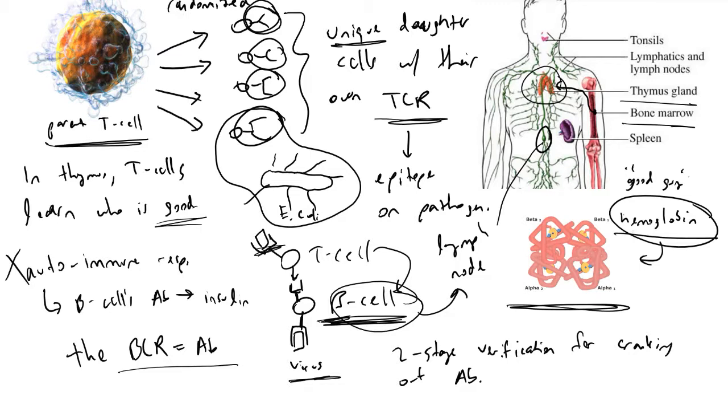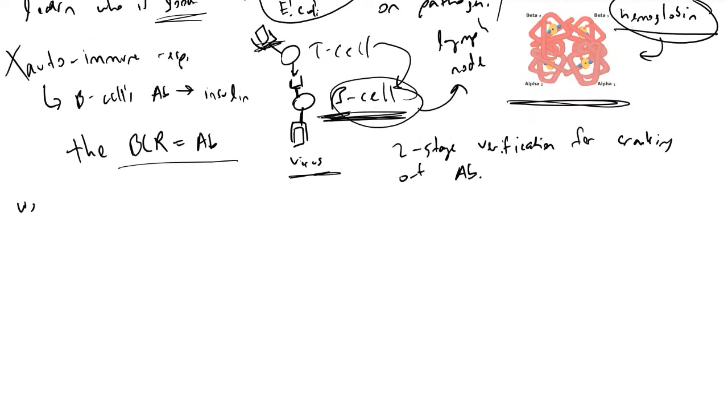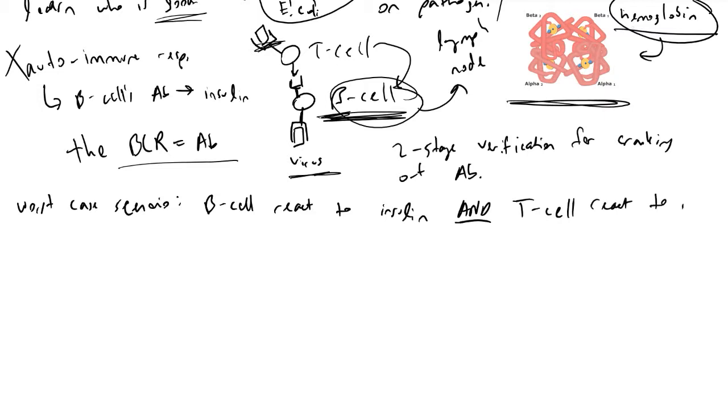So this is statistically a very good way to do things, because what will need to happen if we consider people who have autoimmune responses, like worst case scenario, is that you have a B cell react to insulin or some other protein that is not bad. It's something that we commonly would find in blood, and another T cell would react to insulin. Now we have a problem. But this "and" thing here is essentially a multiplicative thing. So statistically, if you want to get math nerdy here,